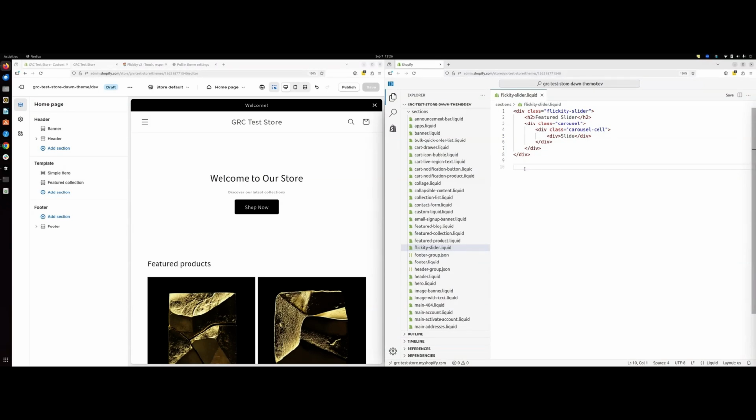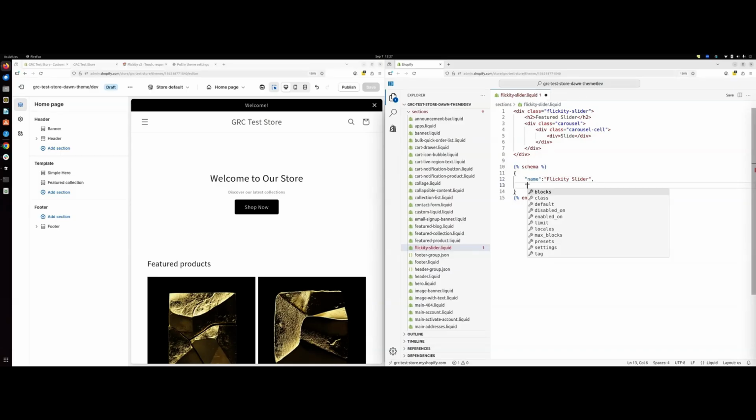Now that we have our HTML mocked up, we're going to create a schema. And the schema will let us register this component inside Shopify so we can add it to the page. It also lets us set up a bunch of configuration options and dynamic data. So we will create our schema tag, and then we'll close it. And a schema is just a JavaScript object, a bunch of settings, and we've got to call it something. So we'll call it Flickity slider,